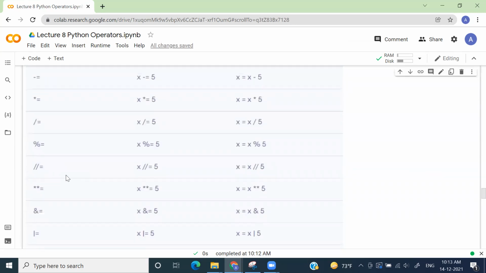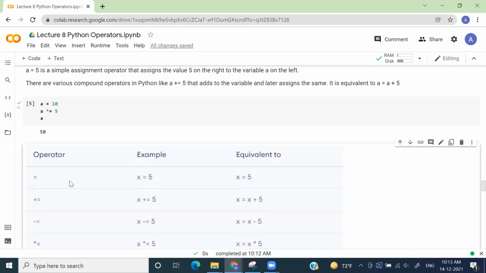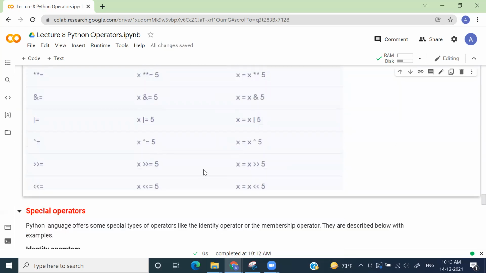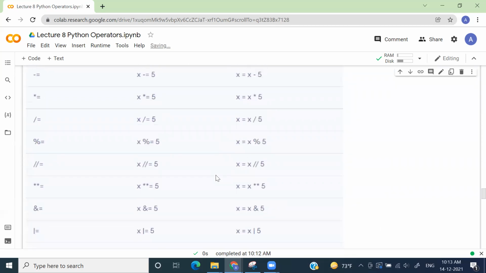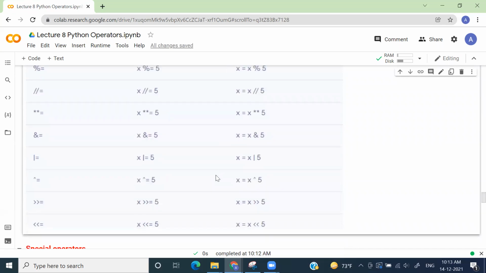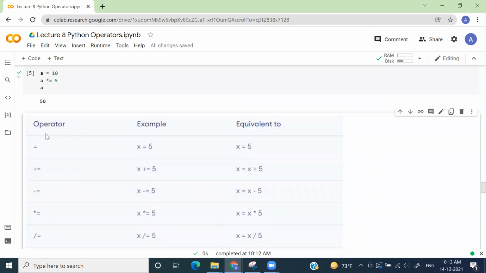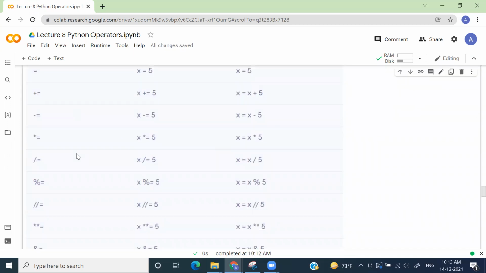So basically, whatever operation that we have seen when we read arithmetic operators, you can cascade those operators with assignment operator and do your job, and this will yield result more quickly. Okay. So this is the assignment operator. Is it clear? So basically, you can cascade any operator with your assignment operator and do your job.